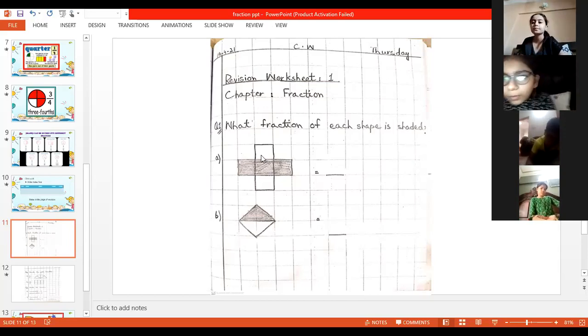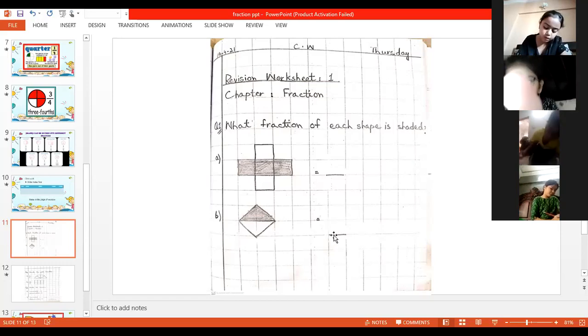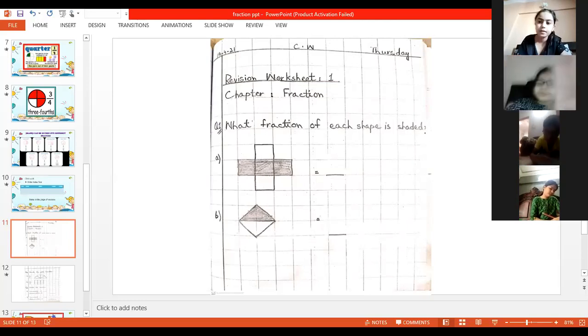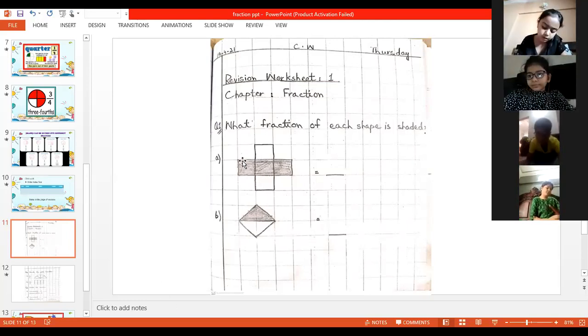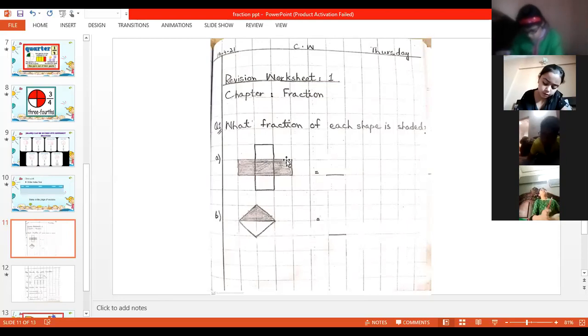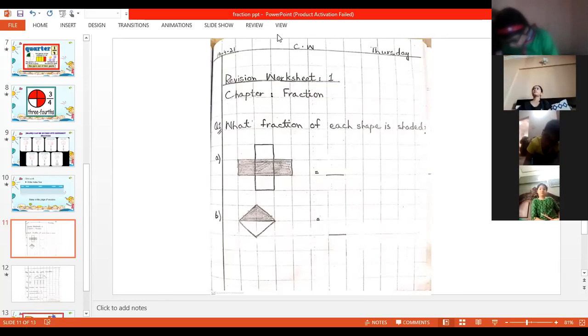See how many boxes are there? 1, 2, 3, 4, and 5. How many total parts are there? Yes, beta, you can shade with any color.